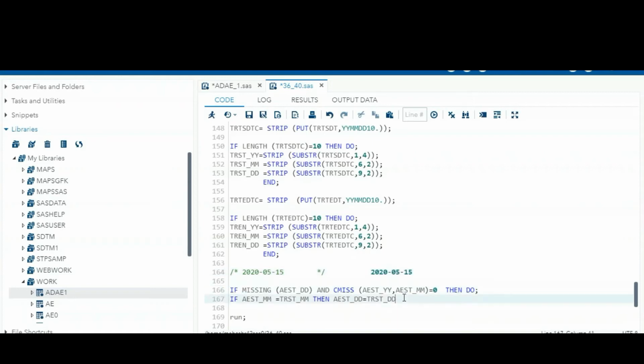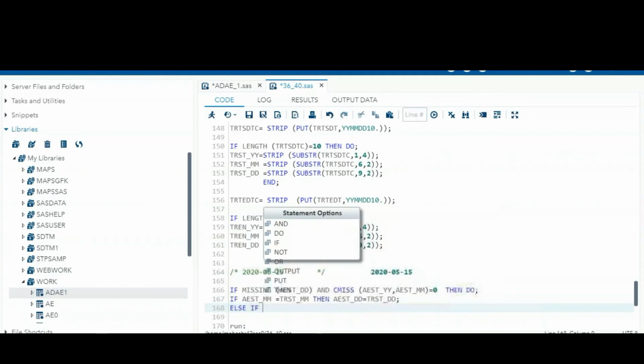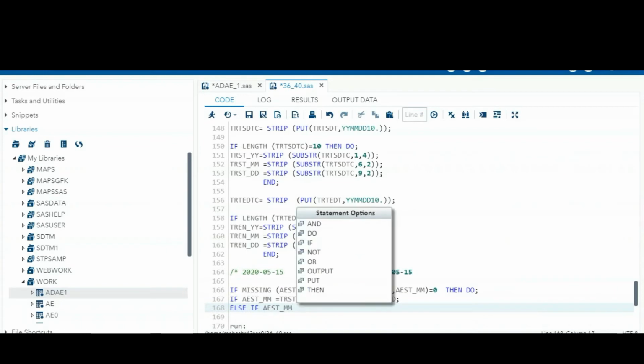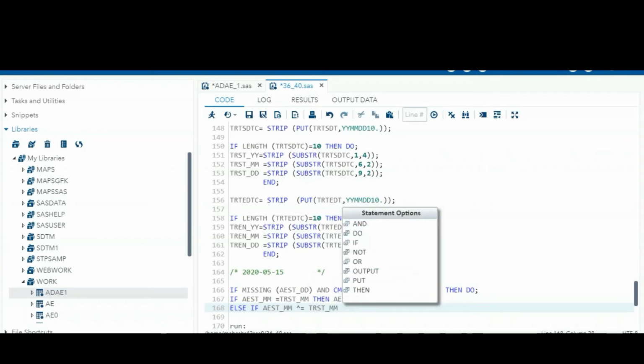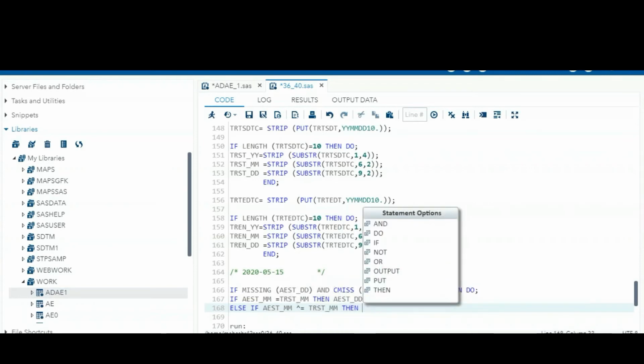If not, if the month is not equal, else if AEST month not equal to TRST month, then AESTDD equals 01.